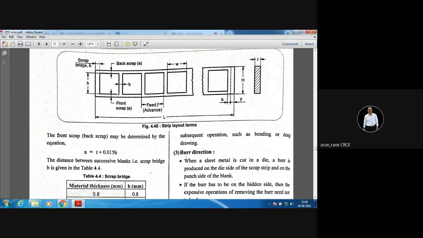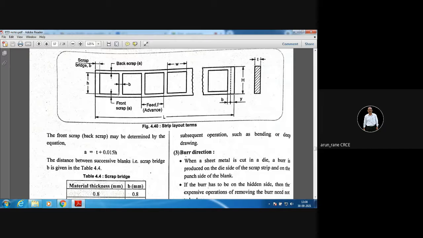If your punch is very sharp, then you will not get any burr because there is a cutting action, a shearing action. As the moment progresses, say after 10,000 or 15,000 pieces, your punch starts getting blunt, and then there is no cutting action. Actually, there is a folding action, so the material gets folded. That is what is called the burr.